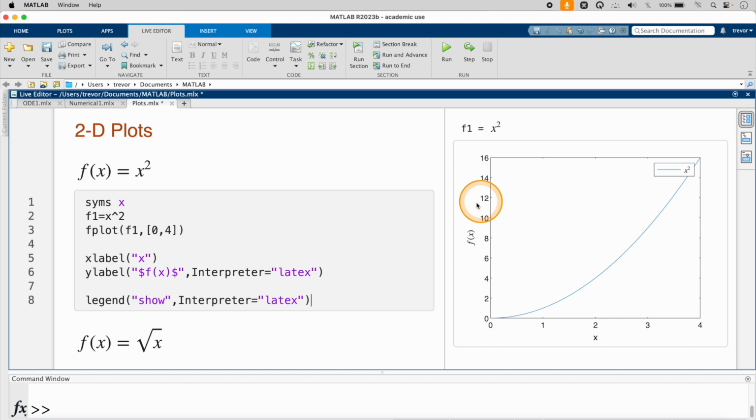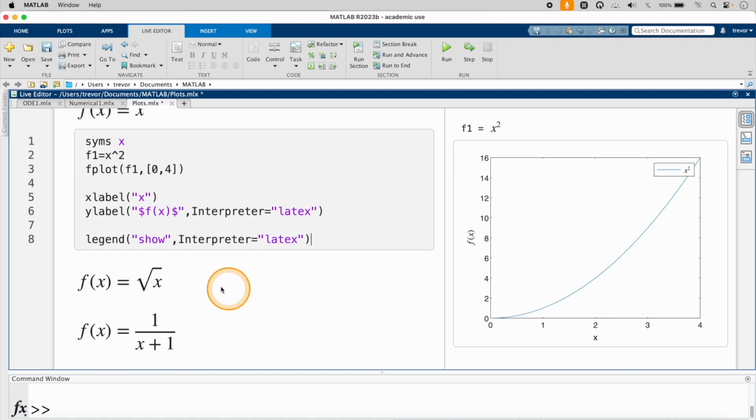So it's now giving us our f of x, and you are saying this is the line x squared. When you are looking at the domain 0 to 4, if you don't specify the domain, then it just plots from minus 5 to 5 by default. So I can go on to the next one there, we want to plot this function f of x